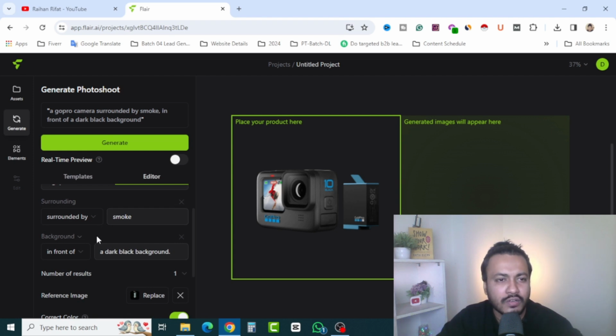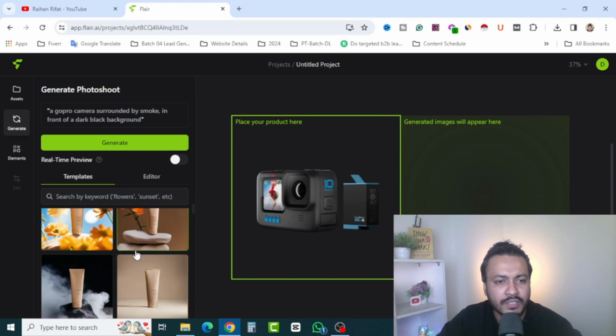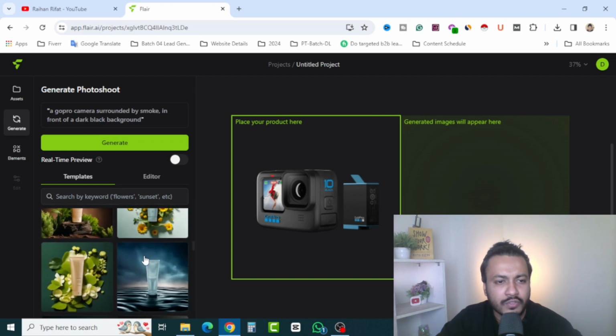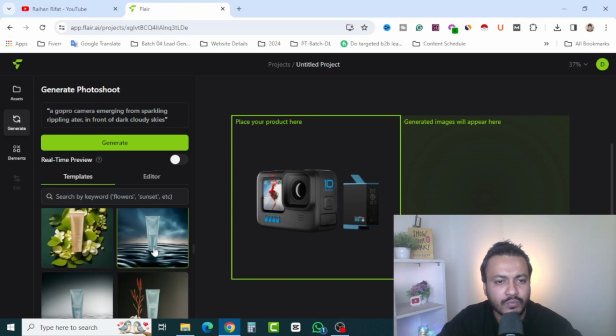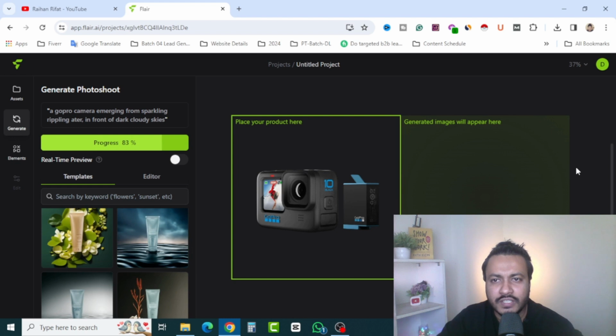That was our first template, but I'm going to change the template section, and I'm going to select, okay, this one. Okay, a GoPro camera emerging from sparkling reflector in front of dark cloudy skies, and click on generate and progress, and it will change all the surrounding things, and it will generate the new picture,